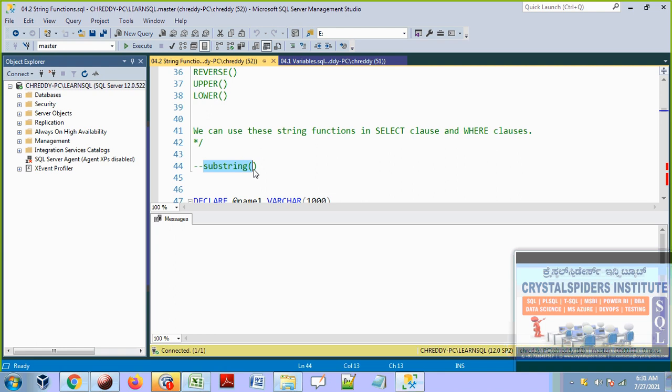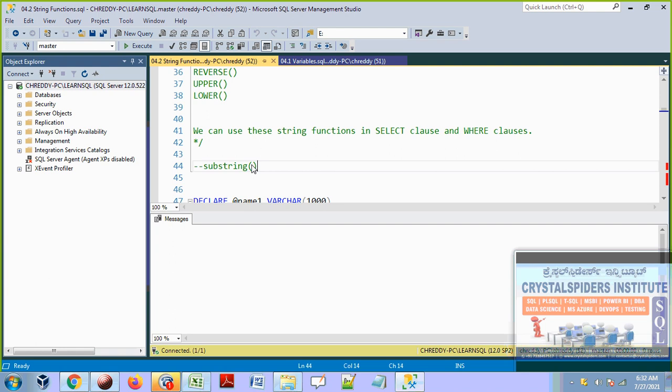What is the usage of substring? String, what does string mean? It represents a character or alphanumeric value, or else a character based value. The best example for a string value is our email ID. String is nothing but a character based value that can have A to Z, 0 to 9 and some special characters. All these together we can call a string value, or else only A to Z characters we can call a string value, and a combination of A to Z and some 0 to 9 values, that is also a string value.